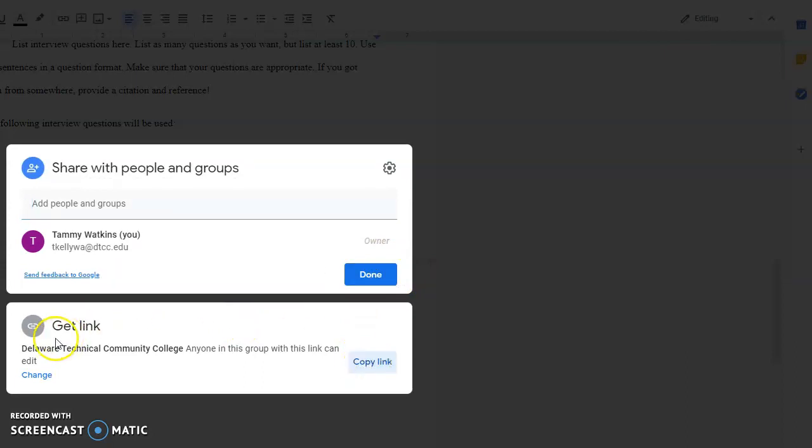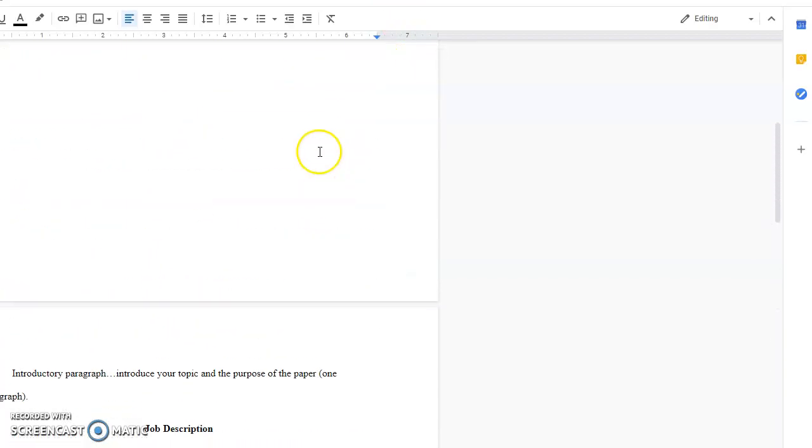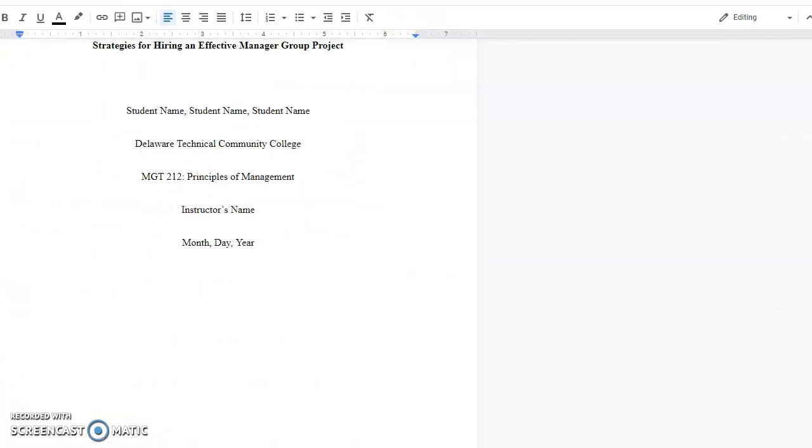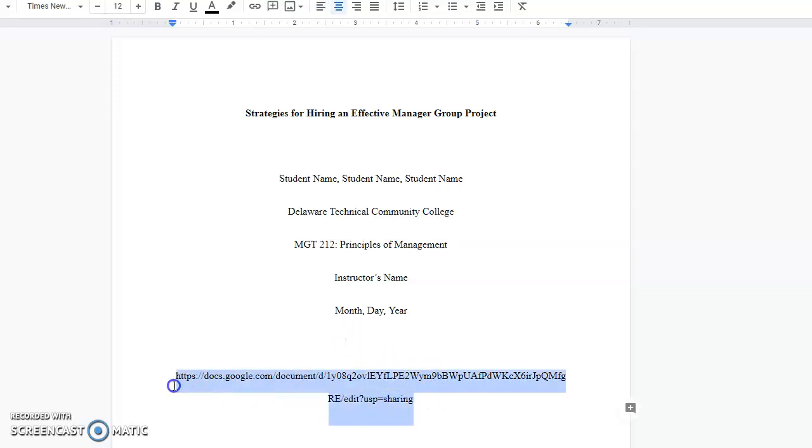So the link is copied, and then that's the link that you want to email to your group as well as me, because I want you to give me access to your Google Doc so I can also provide you feedback. Okay, so once you get your link, here's your link, you're going to want to send that to your group, email it to everyone as well as me, so that I can also access your group paper. Once you get the link, the thing I want you to know is the only way you'll be able to get in here is if you go through My